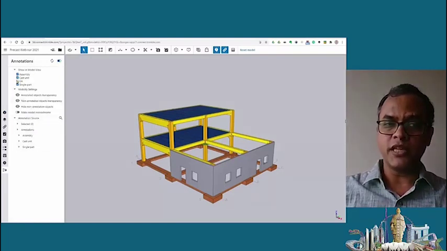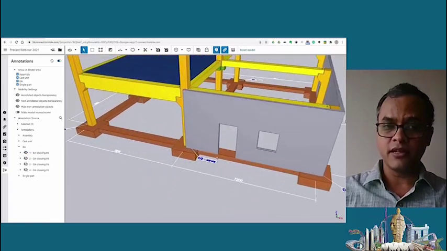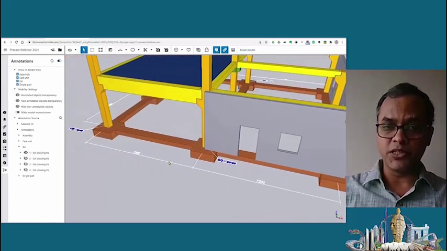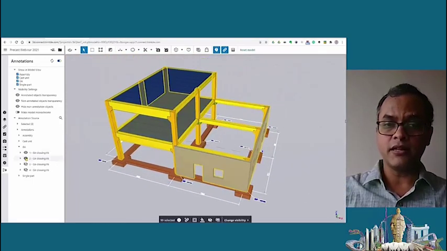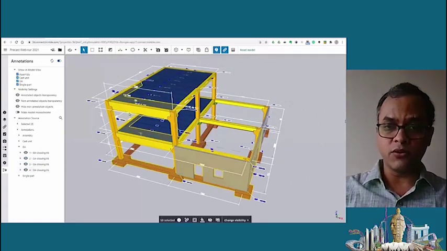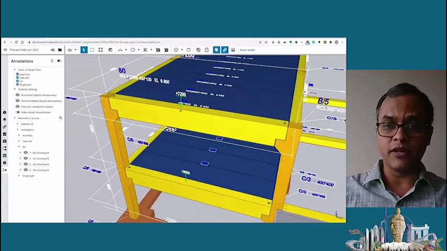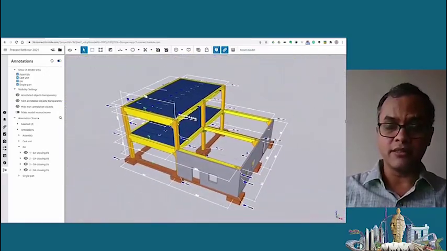So if you see, quite easily we can turn on the different GA drawings. We can check different piece marks, dimensions, different notes, and so on. Not only the GA drawings, but we can also turn on different assembly, cast unit, and single part drawings inside the Trimble Connect model.